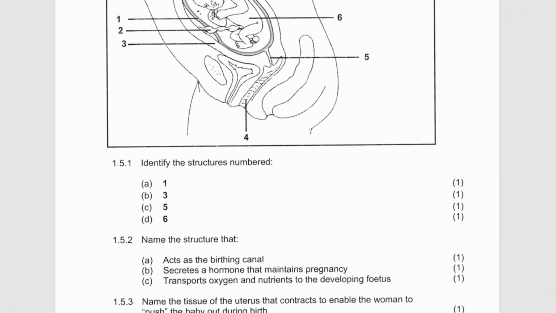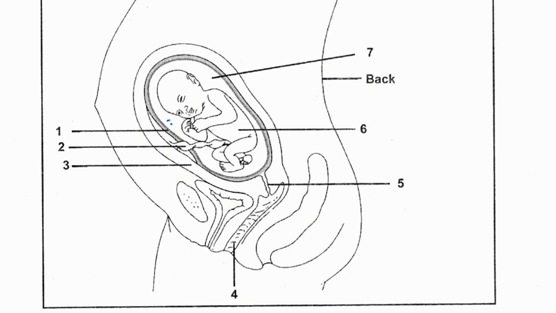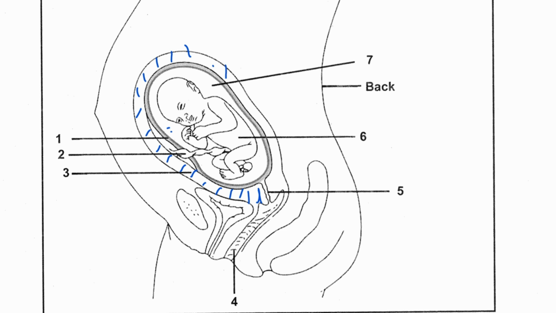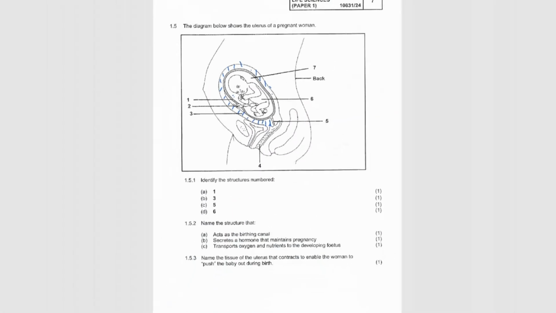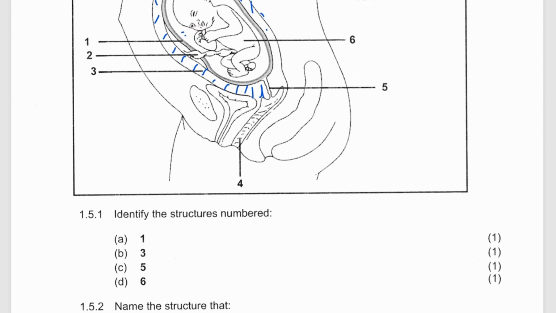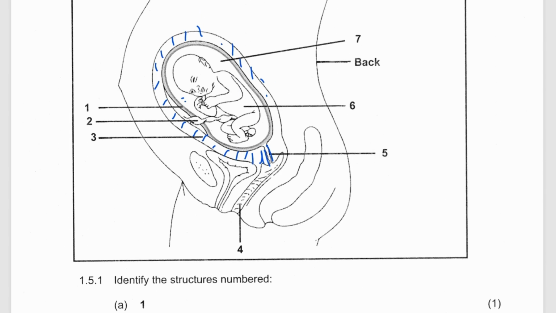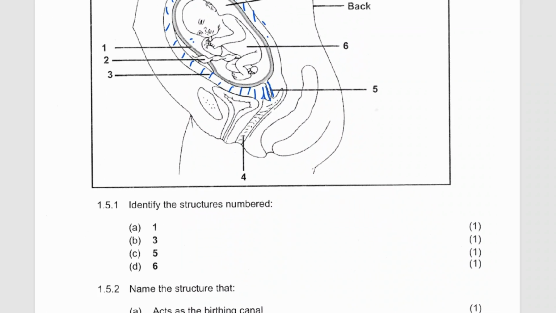Then they're saying number three, if you look at it, let me zoom it out. If you look at it, all this is part of the mother. You see, it is part of the mother. Therefore, I'll call it the uterus. It is the uterus. And then five, it is an obvious thing. It is the vagina. And then they're saying six,